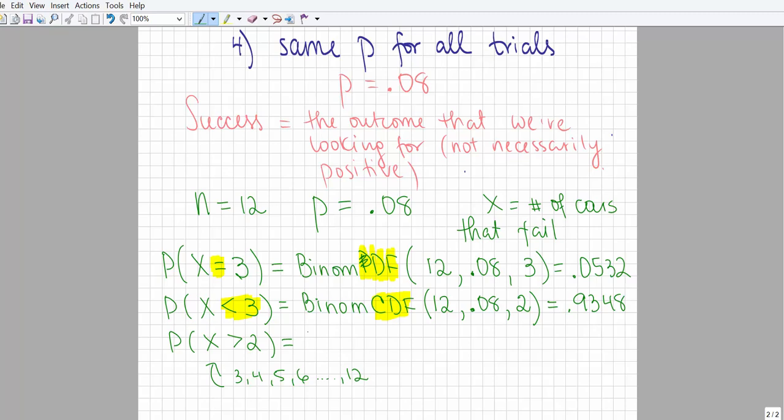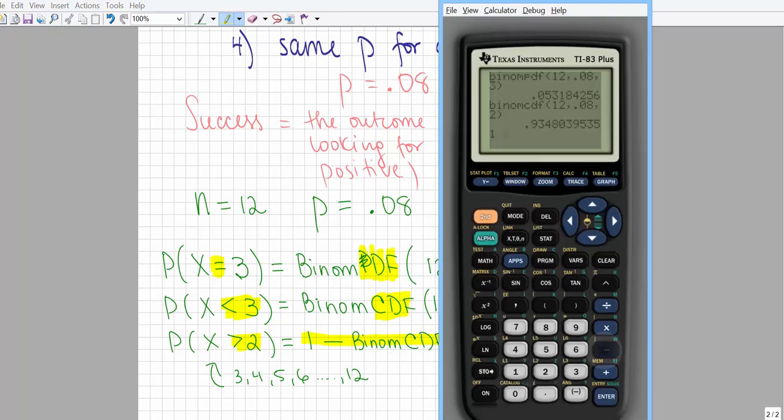So we're going to be doing 1 minus binomial CDF, 12, 0.08, 2. Okay, that's your complement rule. All right, so we actually have it computed, right? So let me just highlight this part right here. If it's going this way, you've got to be using 1 minus the opposite. We have this answer right here, so it will be 1 minus this, but let me show you how you would plug it in. Just like that in your calculator, you would do 1 minus